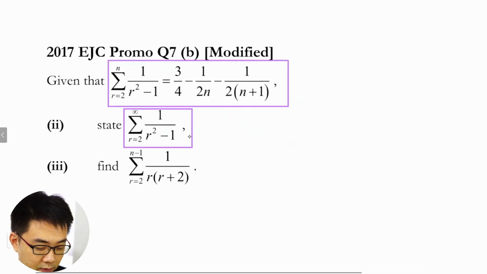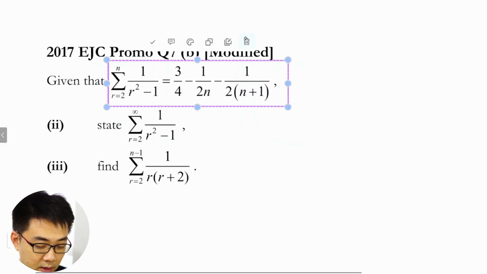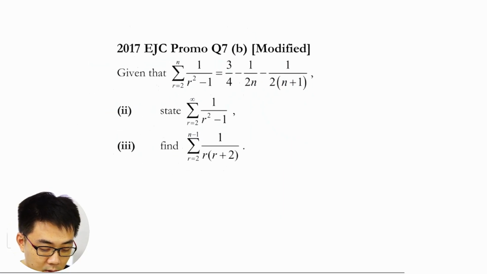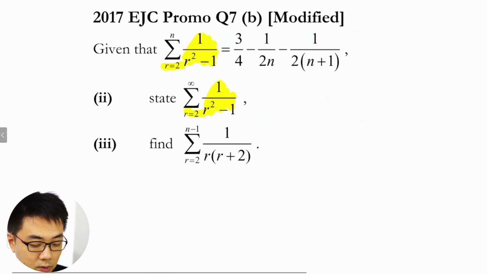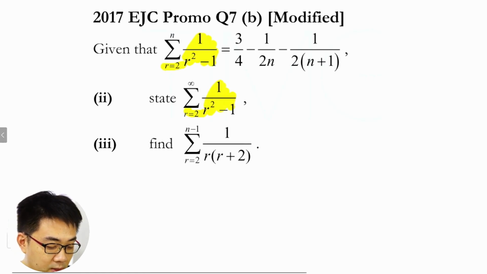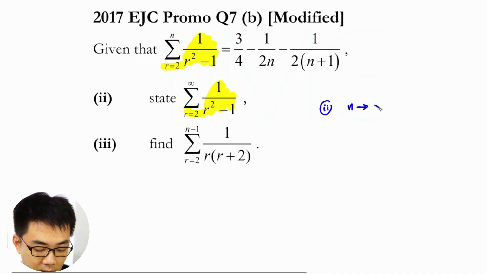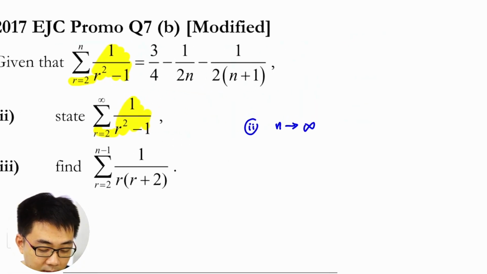Okay, sum to infinity. Oh, the first one is sum to infinity. State the sum to infinity. So first of all, you must look at the UR here. This UR and the UR is the same, and it starts with 2, 2. So this is good. So in other words, this n goes to infinity. So for part 2, as n goes to infinity, okay, one thing for sure, if this goes to infinity,